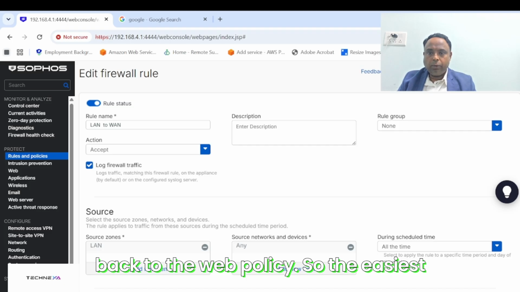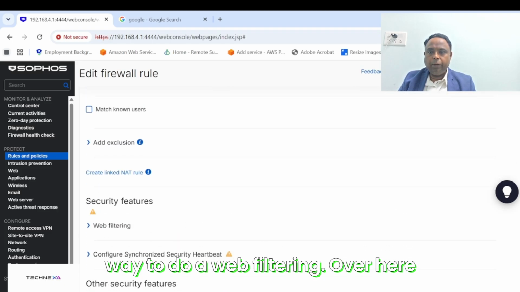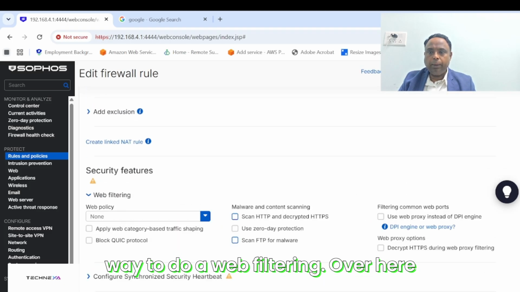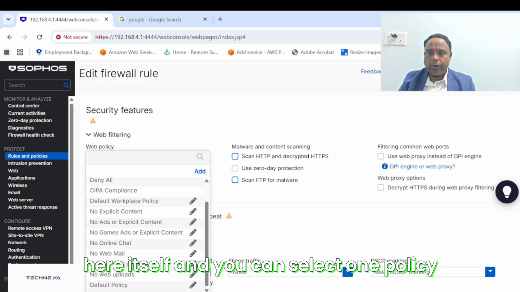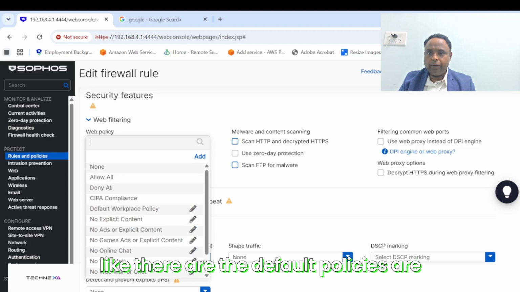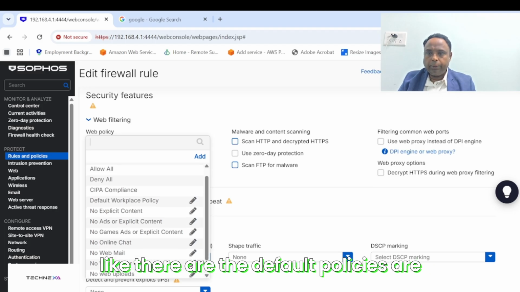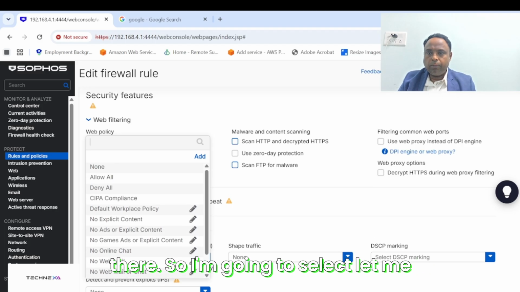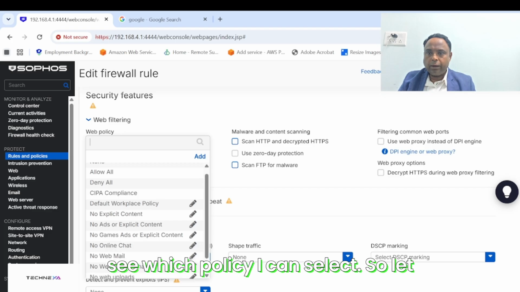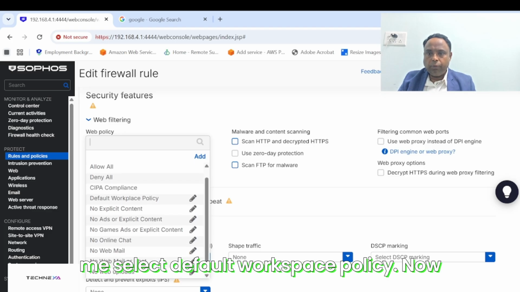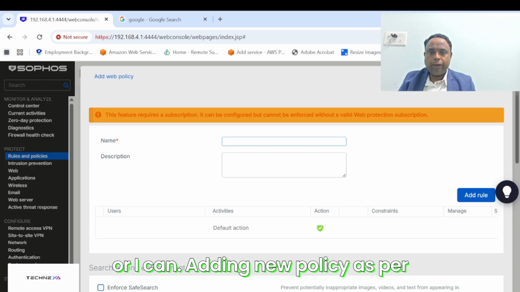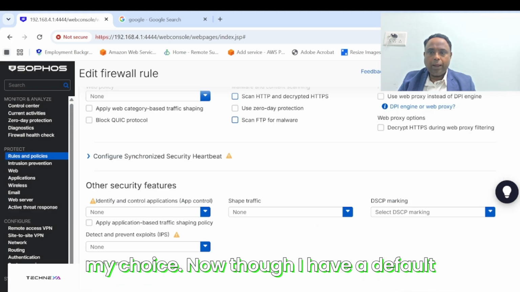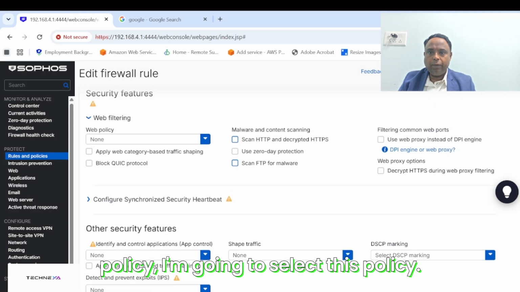Now let's come back to the web policy. So the easiest way to do web filtering, you can go to the web policy from here itself and you can select one policy. Like there are the default policies. So I'm going to select, let me see which policy I can select. So let me select default workspace policy. Now in this, I want to do some modification or I can add a new policy as per my choice. Now, though I have a default policy, I'm going to select this policy